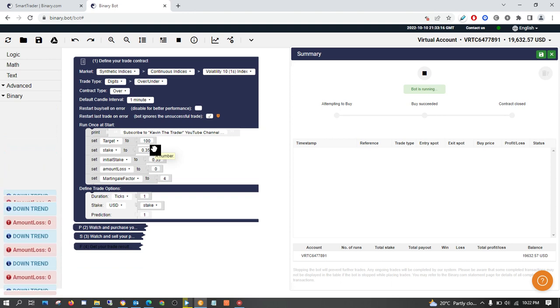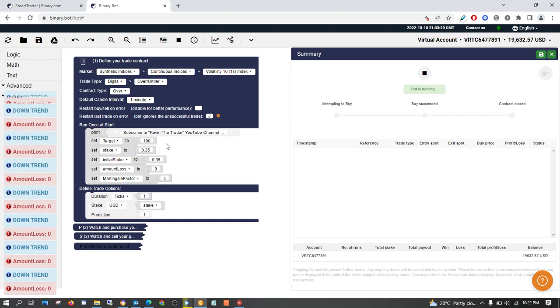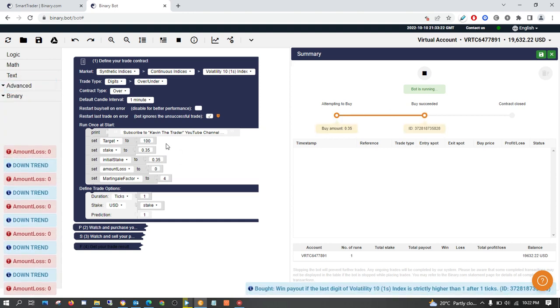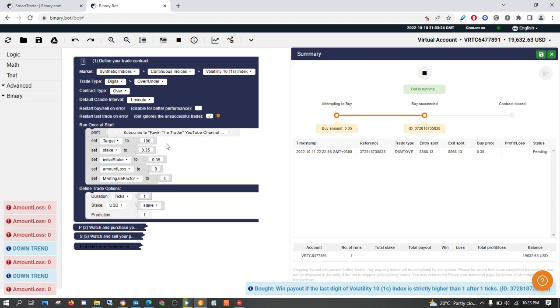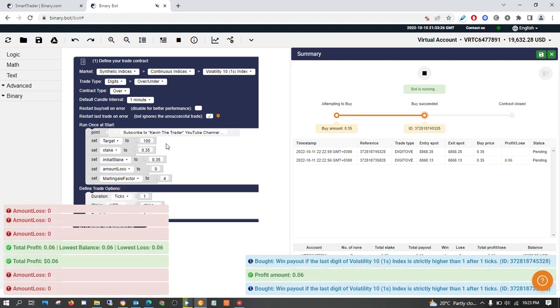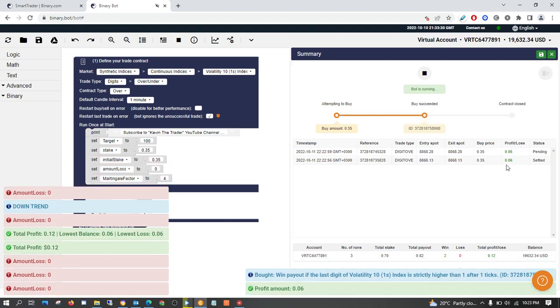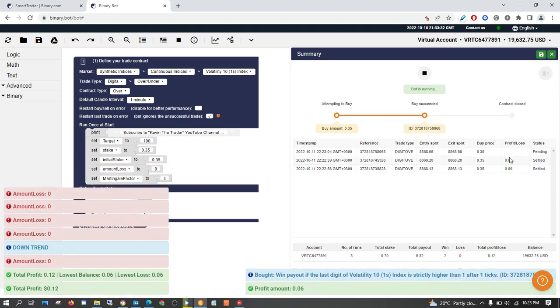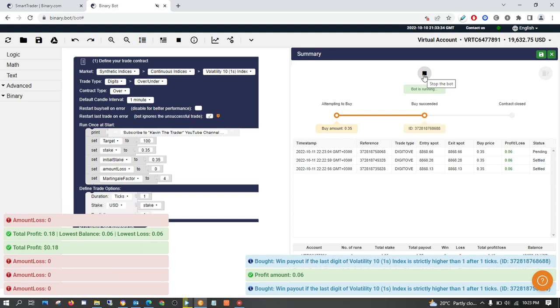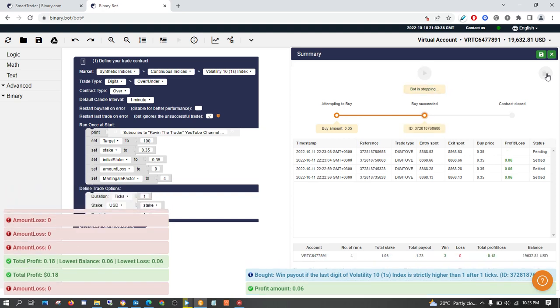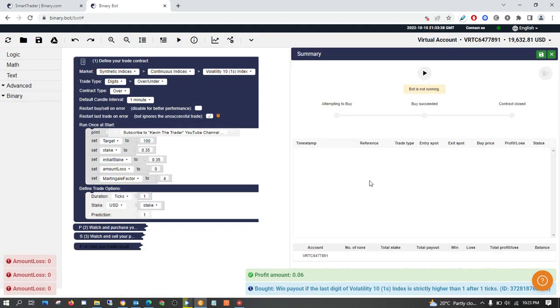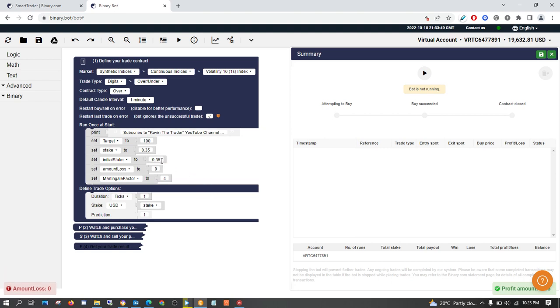If you have anything below $50, then you see it can now trade, because we are on a minimum amount. I'm going to stop this one first and show you what you can do. You can stake with anything from 0.35 and above.